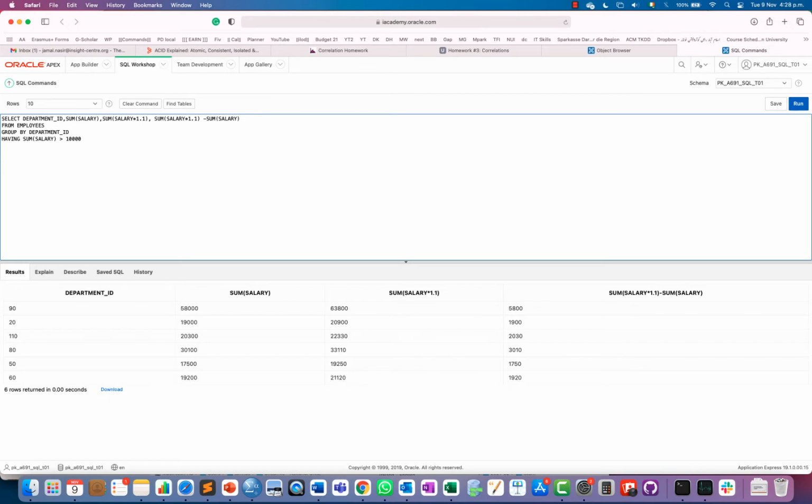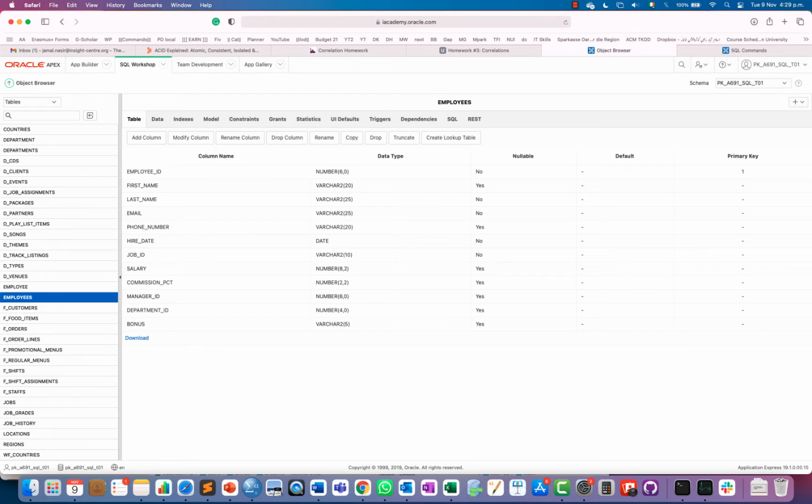So by this way we can group data and then we can filter out. It could be, I'm more interested in finding the total number of students in each department, but that's fine if the number of students is less than 100. So for example, I want to check the total number of students more than 1000 in each department. Only the departments in which more than 1000 students are enrolled. So by this way we can use group and having.